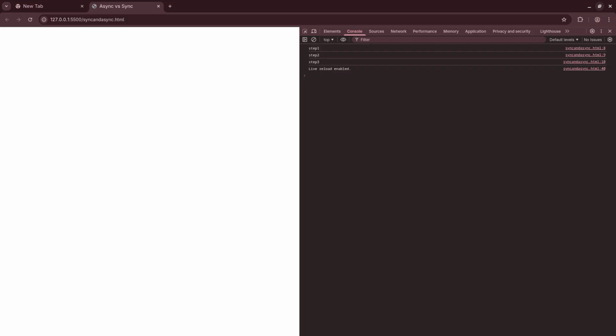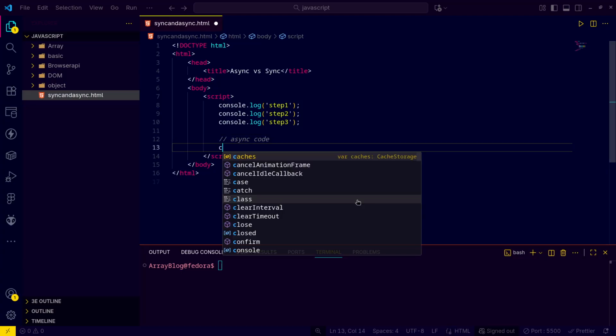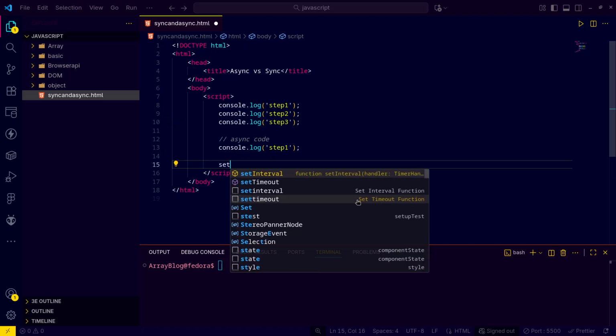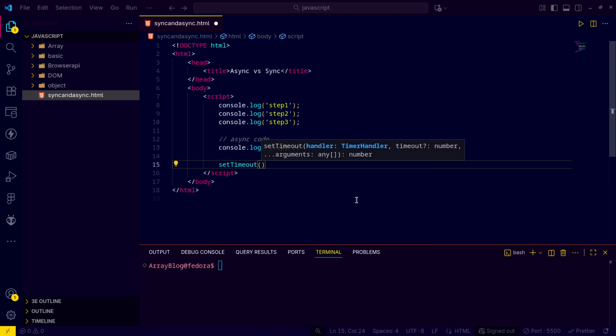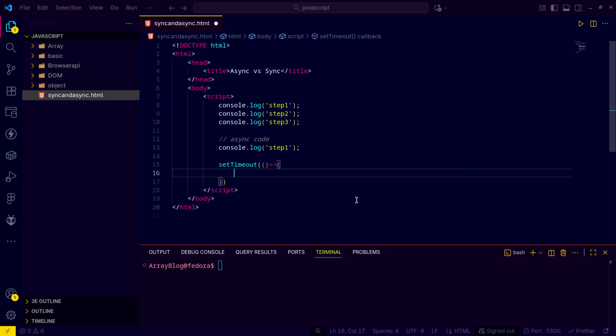Now let's write the asynchronous code, right? For that, let me paste this. So this is step one, and we can say setTimeout. We are going to write the function, that is an arrow function, and here we'll print step two, and we'll pass here